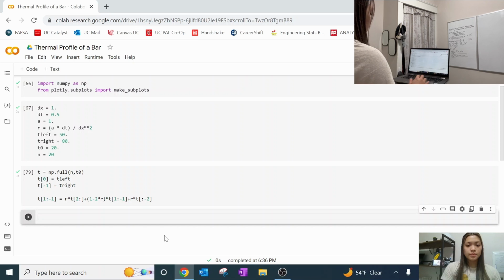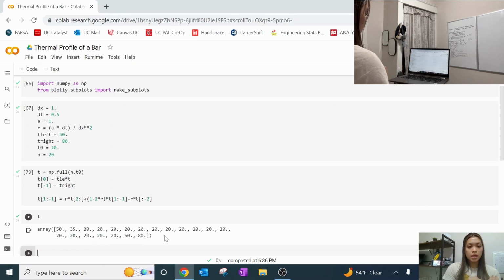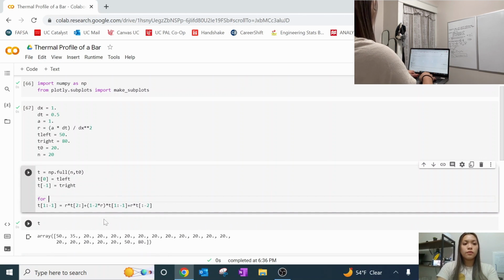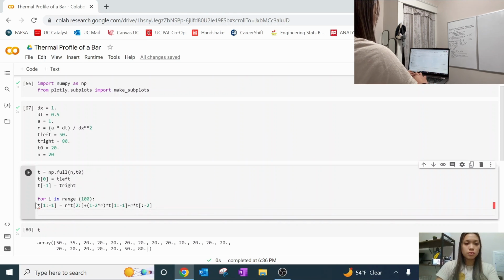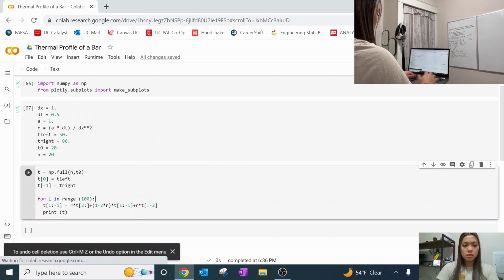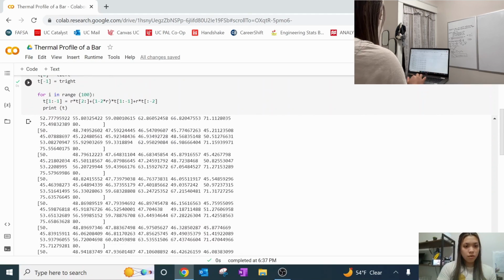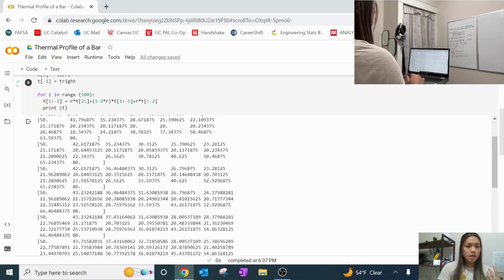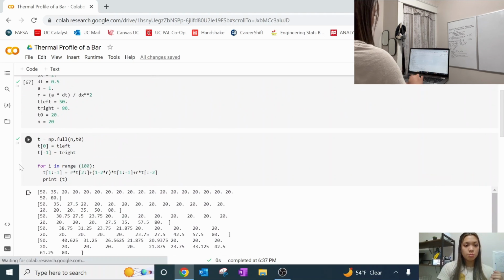And then so if we have this here now, it's just going to print out one of them, so what we need to do is create a loop, and so for i in range, let's just start with 100, and then if we were to print the temperatures each time, we have all of the array values here, and so it prints it 100 times, and so now what we want to do is we want to plot it